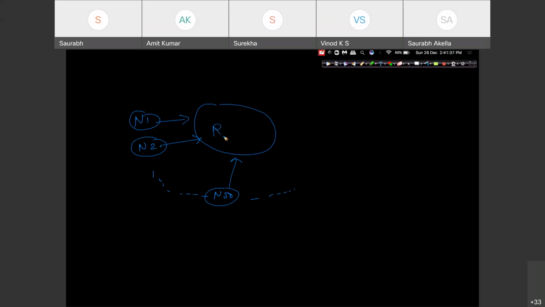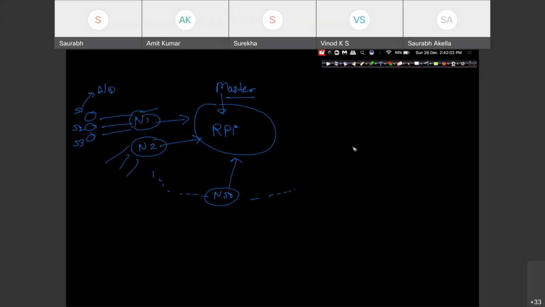So there is a Raspberry Pi. Raspberry Pi can be considered as your master, right? And nodes are such devices which have few sensors connected: sensor number 1, sensor number 2, sensor number 3. Likewise, there'll be some sensors here. These sensors could be analog or digital. Finally, your data will be available on all the nodes, right?